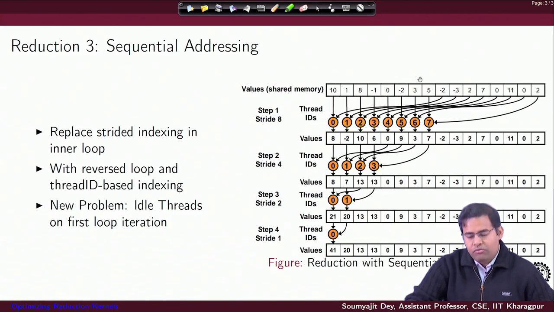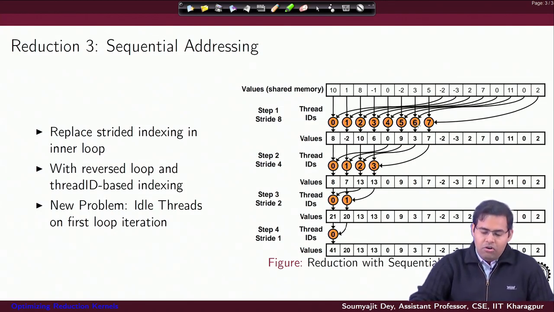So, this load will have no bank conflict. The second load, where it is loading operand 2, also is not going to have any bank conflict, because again they are all accessing consecutive banks. So, I have removed the bank conflicts for both the loads, and then I have the usual addition. But now the question is, how do I write the code so that I can make it behave like this? Now, observe what the earlier code was.